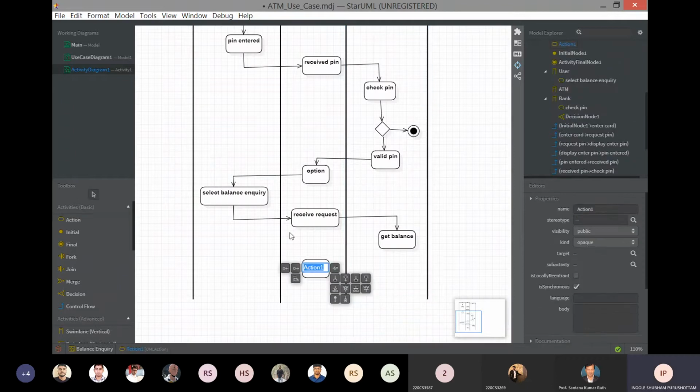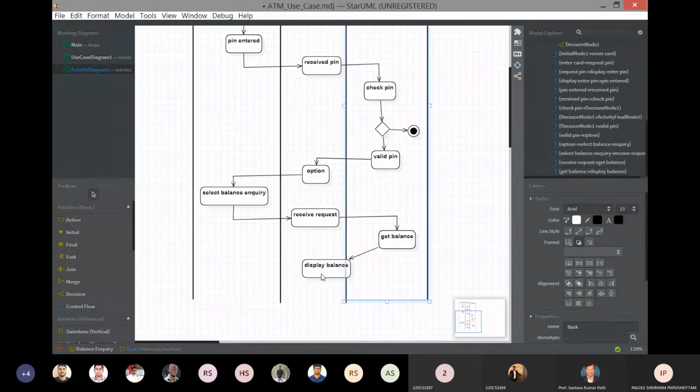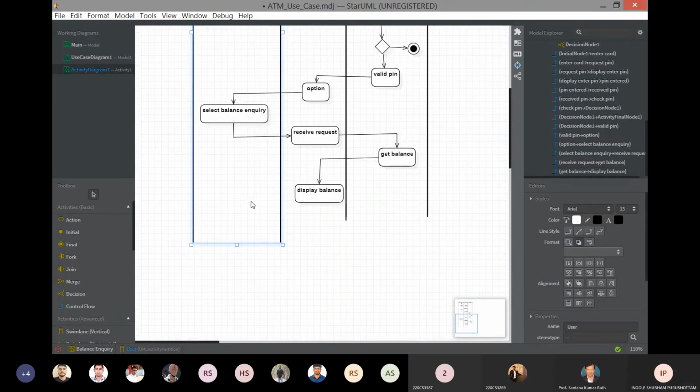It will display the balance on the ATM screen. The balance will be displayed. And finally, the user will collect the card.